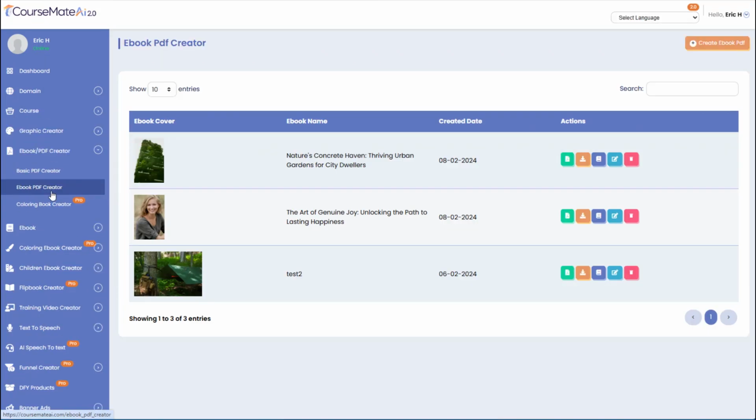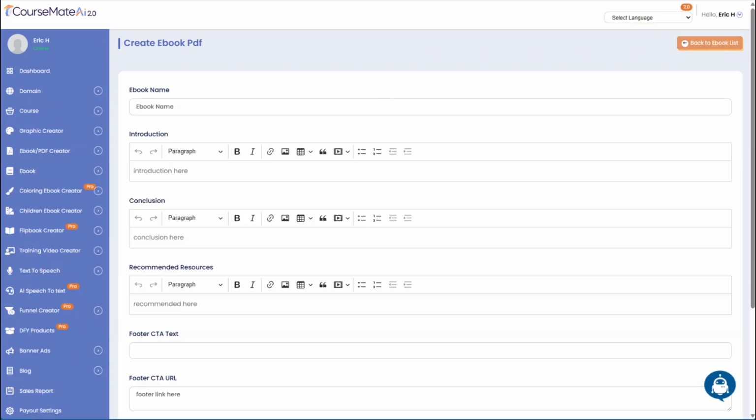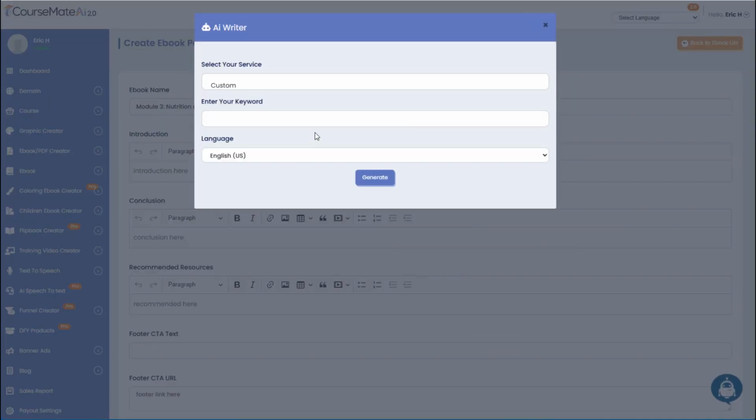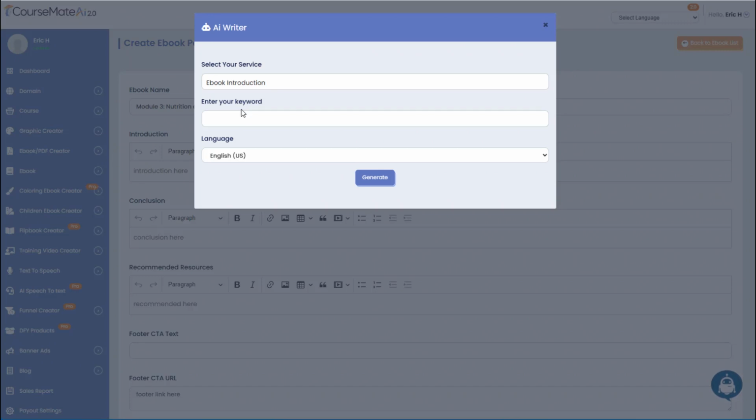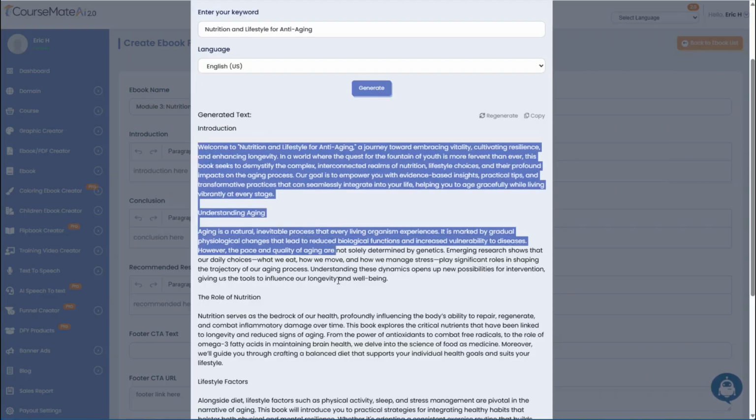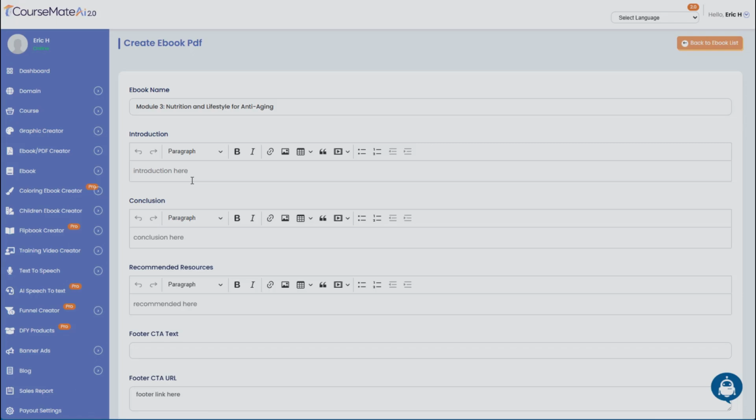Again, really more for the sake of demonstration than anything, but I think it also will work well for this topic. So we're going to click on the ebook PDF creator this time, and we're going to click the button that says Create Ebook PDF. And the title is going to be Module 3, Nutrition and Lifestyle for Anti-Aging. Once again, we're going to jump down to the AI writer, and I'm going to select ebook introduction and simply put in that module title, Nutrition and Lifestyle for Anti-Aging, and generate an introduction. Looks good. Let's go ahead and copy this, paste it in,